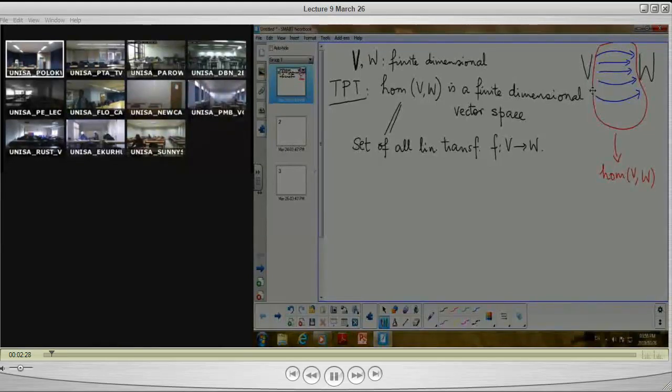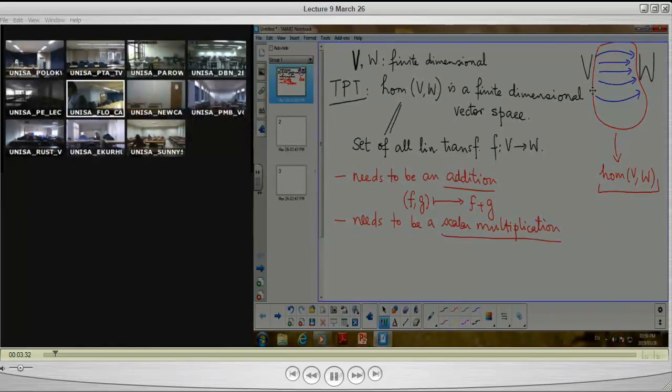Because it's a linear transformation. It transforms what's in V to what's in W. Yes, correct. But now, the next thing is, what is a vector space? A vector space is a set. So firstly, I have a set. This is a set. Then there needs to be an addition. We call it the addition of vectors, which is actually a binary operation on that set. There needs to be a scalar multiplication. What does it mean? It means it's a map